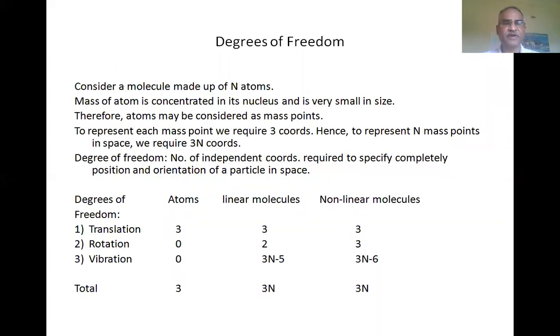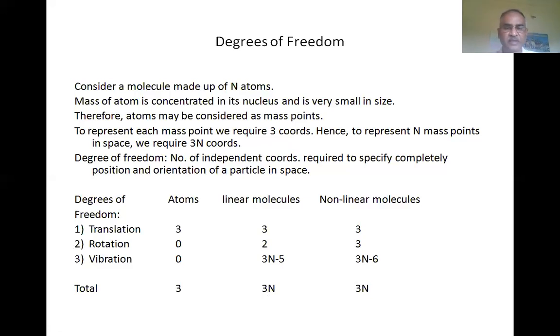And then coming to degrees of freedom. Degree of freedom is the number of independent coordinates required to specify completely the position and orientation of a particle in space. That is the definition. Consider a molecule made up of n atoms. Then to represent each mass point, we require 3 coordinates. Hence, to represent n mass points, we require 3n coordinates. So 3n is the total number of coordinates that are required to represent the orientation of a particle